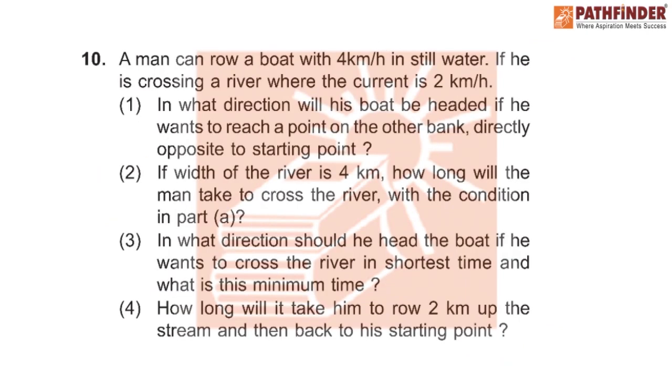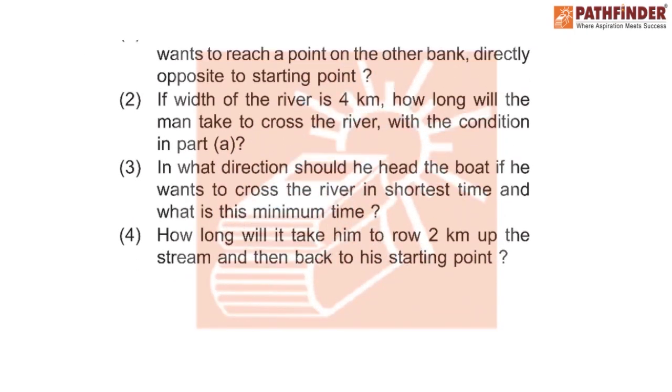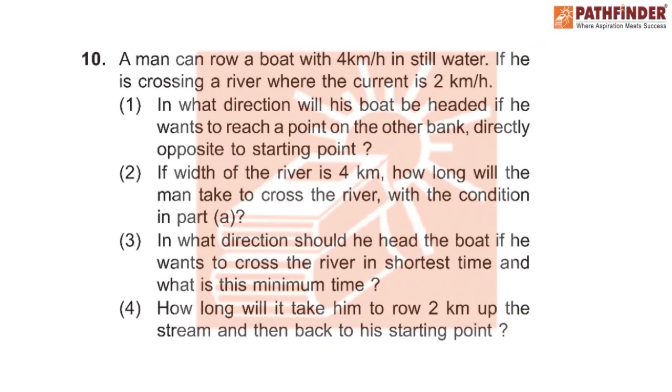Now the next problem, as you can see, is a very important one, as it is based on crossing over of a river. Now in crossing over of river problems, as we know, there are two cases involved here. One is the shortest path and the other is the shortest time. Now for the shortest path, the man who has to swim has to reach the opposite point of the opposite bank. This is the criterion. And the velocity of the current, that is the velocity of the river, is 2, and the velocity of the man in still water